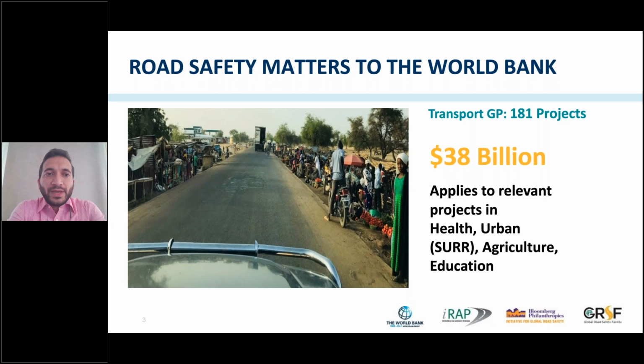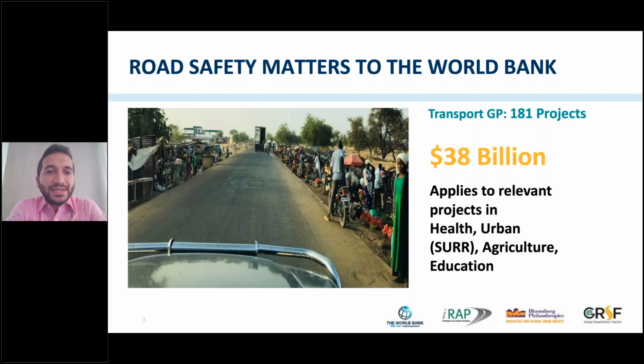So the World Bank is the first multilateral development bank that has taken dedicated action towards road safety. We have seen interest from other MDBs to follow our example. I think this is something as an institute we should feel proud of, that we are setting an example to the world. The reason why we should be focusing on road safety, just looking at the transport global practice projects, we